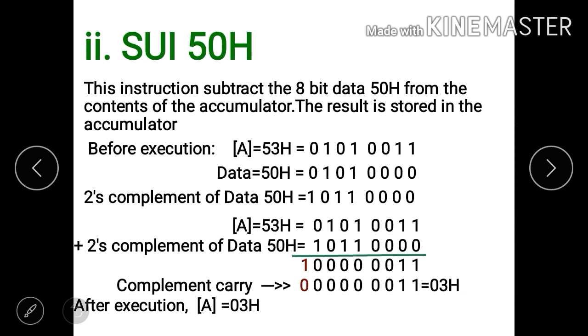The binary format of 53H is 01010011. The data is 50H, and the binary format of 8-bit data 50H is 01010000.